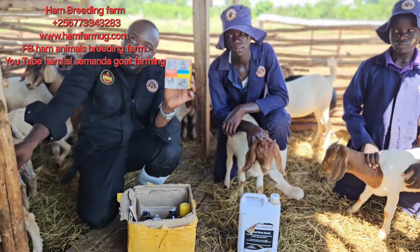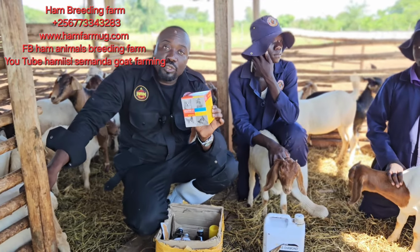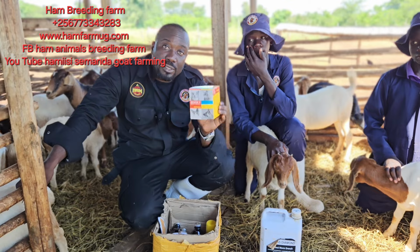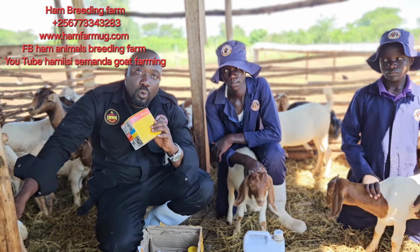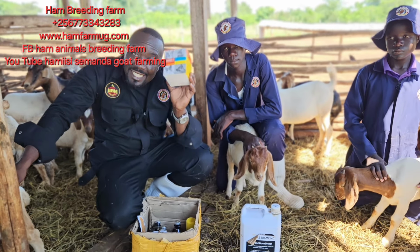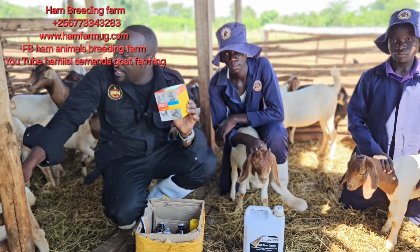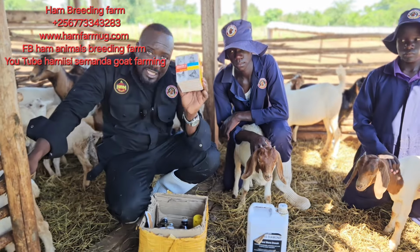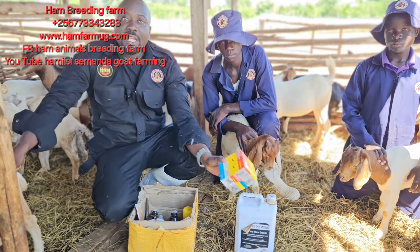When you're deworming your animals, please try your best to make sure that you also deworm the cats and the dogs, because dogs and cats always have that worm called hydatid cyst. That cyst also attacks goats. Sometimes you find that these goats are already diarrheic, you've dewormed using different dewormers like this liver fast diamond,